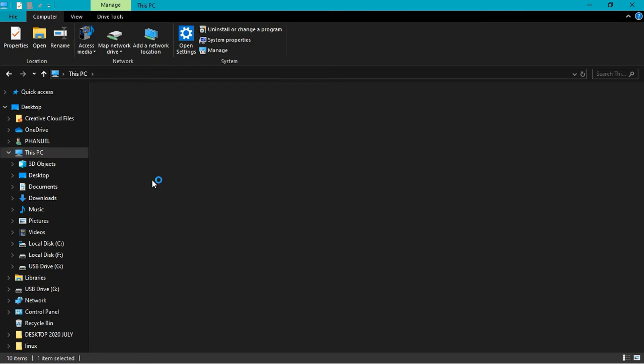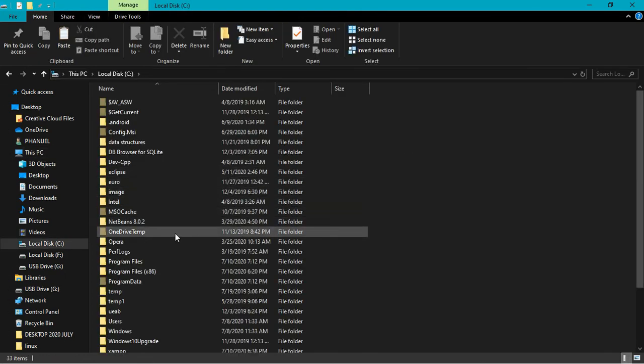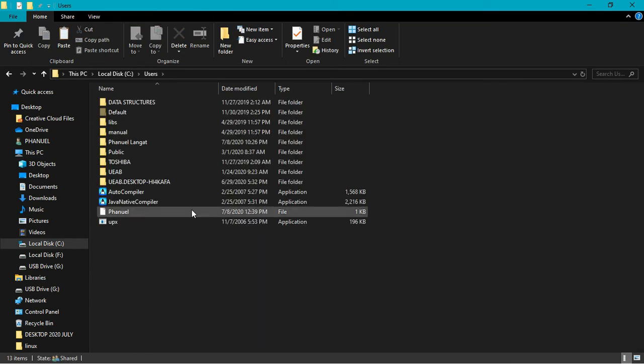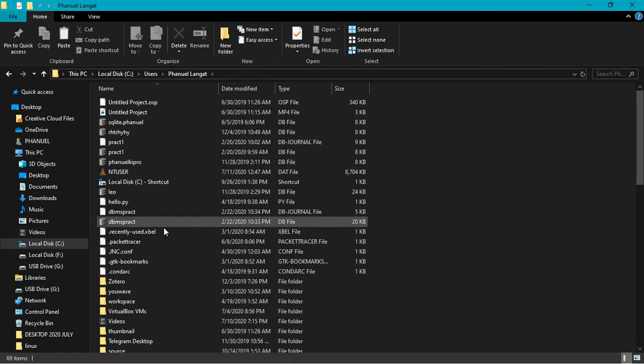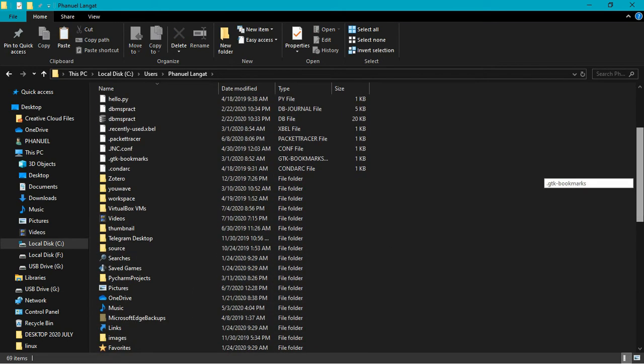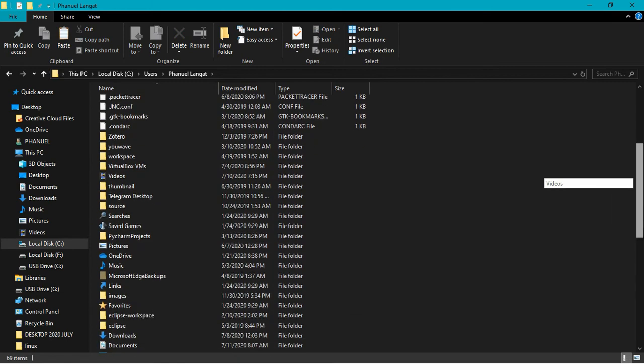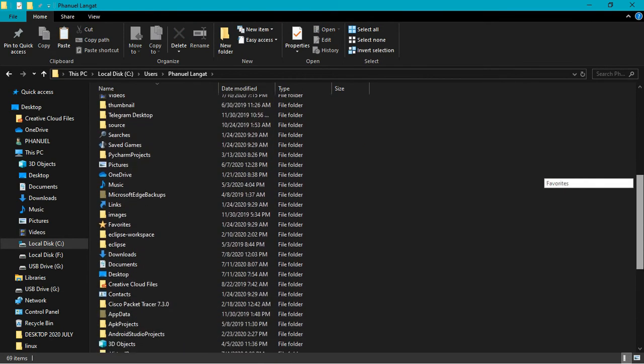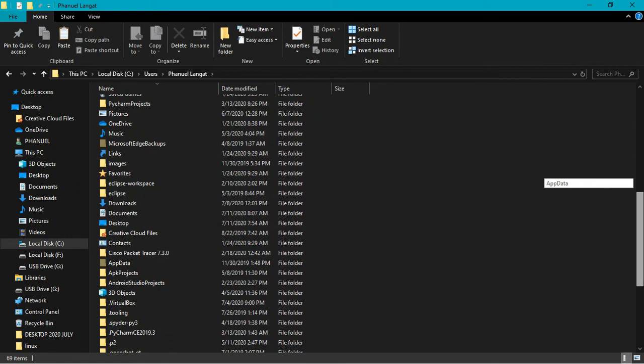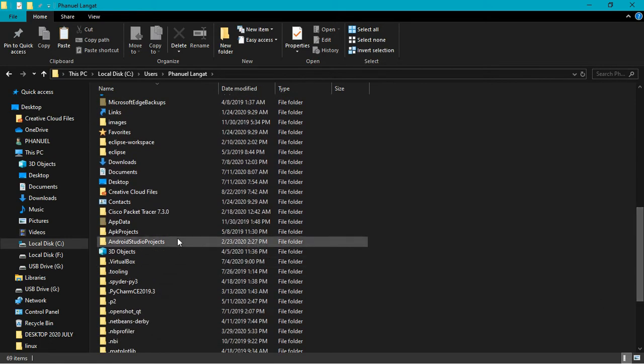So you open local disk C, then you come down here at the users, then you come here at this folder named by your username, then you come down here, you look for the folder named updater. So updater, so this is the folder which I'm talking about.